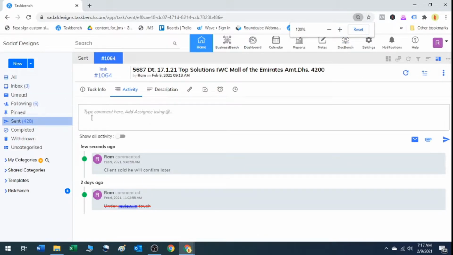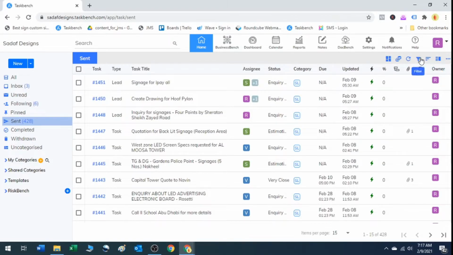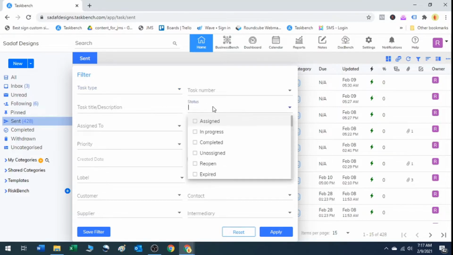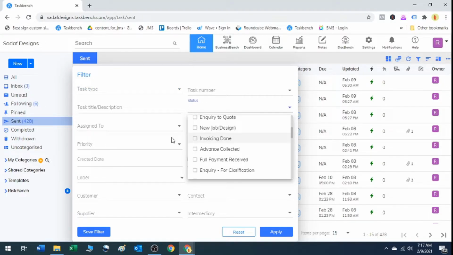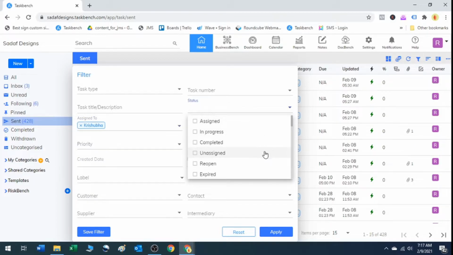Right. This is how you open a task, follow up, and update your information. There's one more thing you can do. See, now we've done it only for the 2, right? Now let's take a normal quoted jobs status. There are many quotes. Let's find out how many quotes are there.